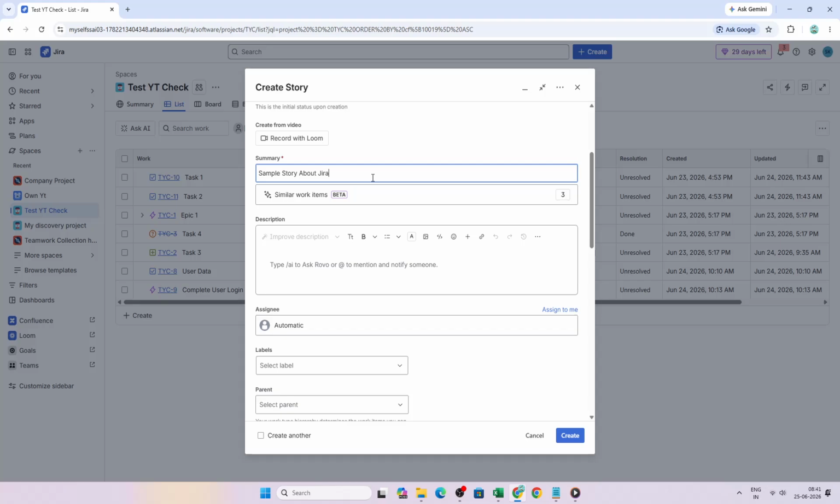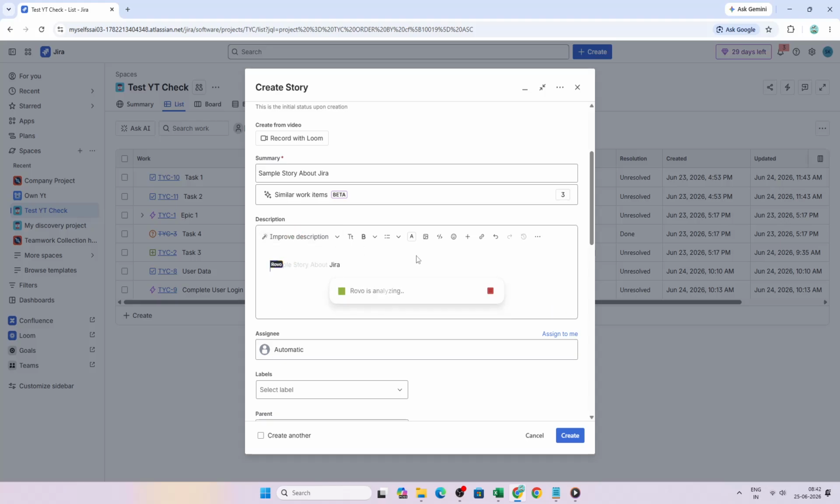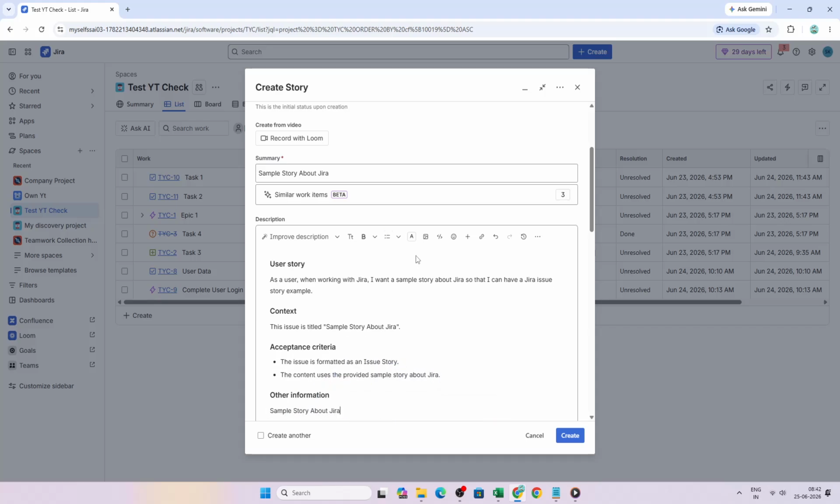After that, add more context in the description field. This is where you can explain the requirement in more detail, including what needs to be done and any important notes the team should know. The more clear and specific you are here, the easier it will be for others to understand and refine the